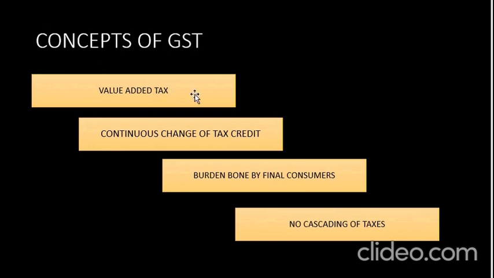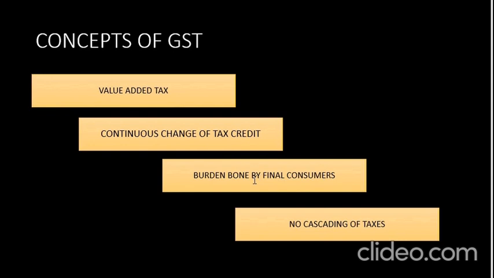Tax is charged only on the profit being earned, that is, the profit plus the cost. So it is a value added tax. Then there is a continuous chain of tax credit. There will be a continuous change in the tax credit which is available. Then this burden is borne by the final consumers, as there is no tax on tax effect in the supply chain, but